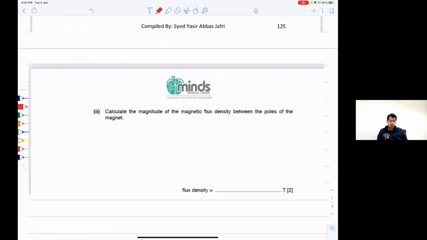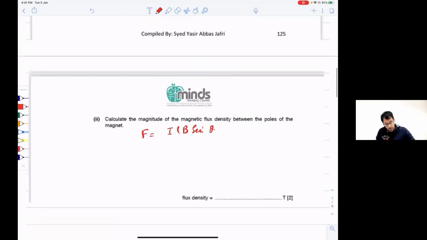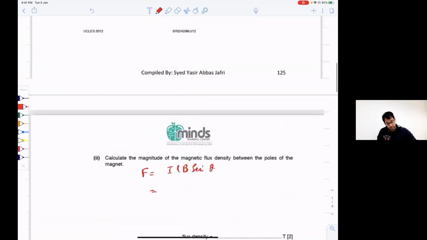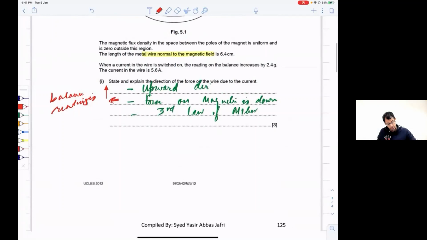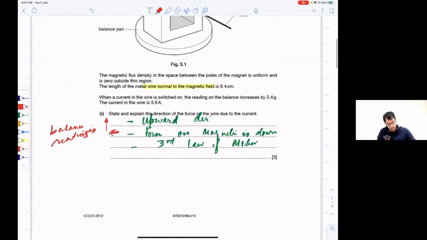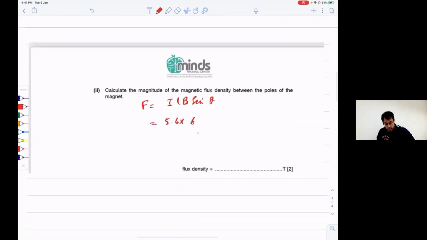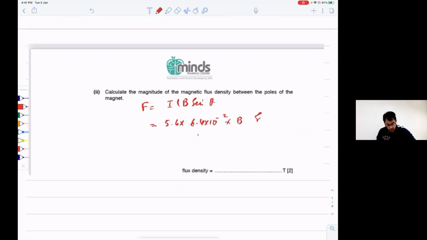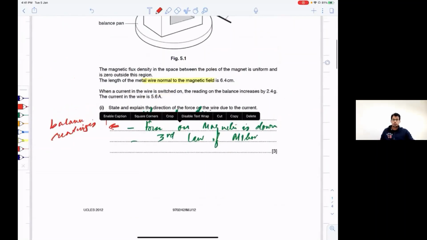Calculate the magnitude of magnetic flux density between the poles of the magnet. So what you will be doing, you will be using the formula F equal ILB sin theta. The value of I is actually given in the question, which is 5.6. Length is 6.4 centimeter, which means 6.4 exponent minus 2 meters. B is unknown. Theta is 90 degree because I did mention the fact that conductor is placed perpendicular to the